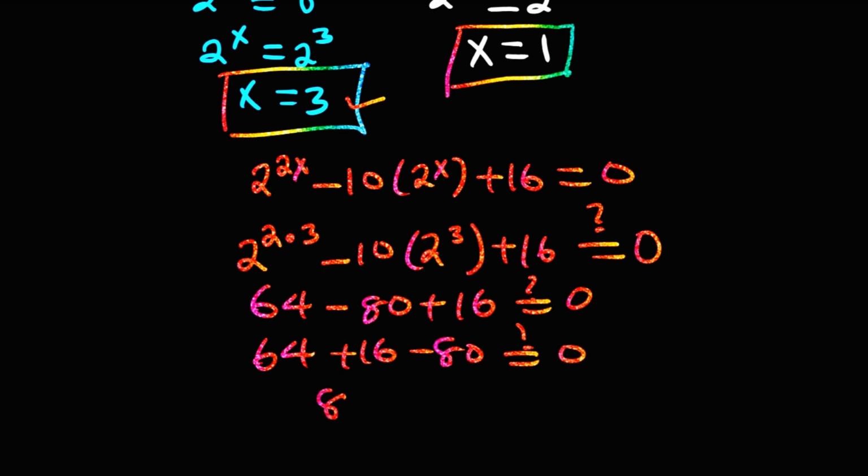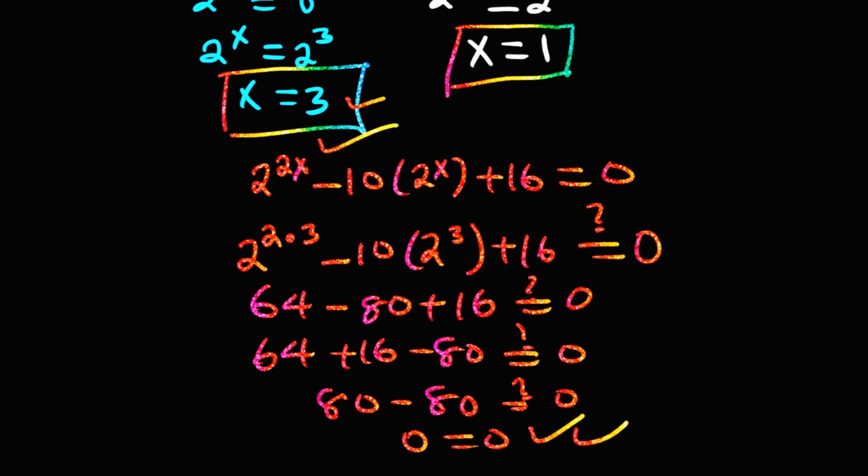So 64 plus 16 is 80. So 80 minus 80, and we're going to check if that's equal to 0. And indeed, both sides of this equation are equal, so that the first value of x, that is x equal to 3, is true. So you can check if the second value, that is x equal to 1,